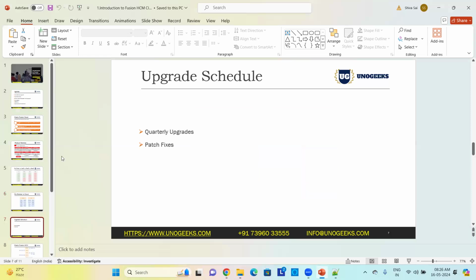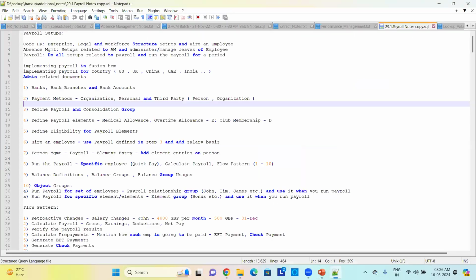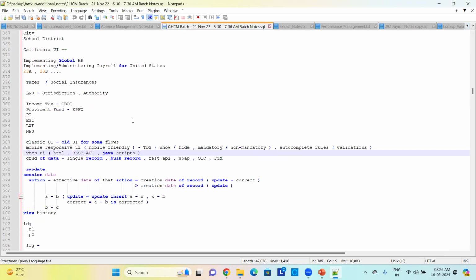So then we go to the upgrade schedule. How are the Fusion applications upgraded, right? They are quarterly upgrades and there will be patch fixes. So for this, I have to explain a few things for you. Since we have come to the end of the time of 1 hour,